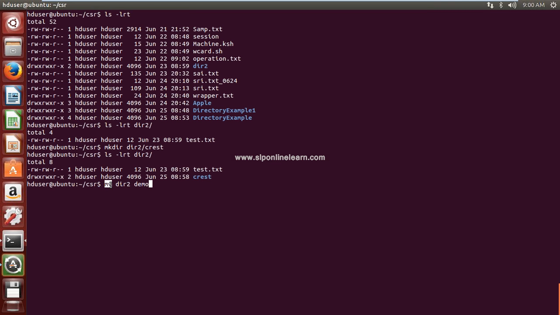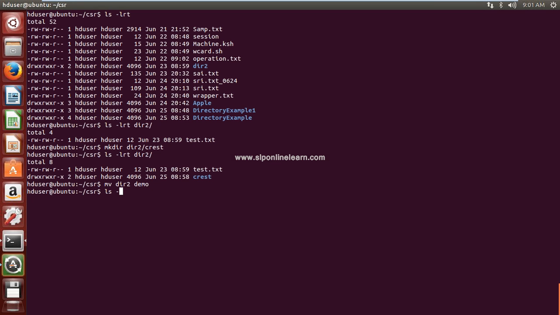mv is a move command. First it will search for the directory name in the present working directory. If it is present, then it will go to the destination. It will check whether the second parameter name already exists in the present working directory. Why does it check in the present working directory? Because no path is specified. If it is not present there, then the name will be changed.